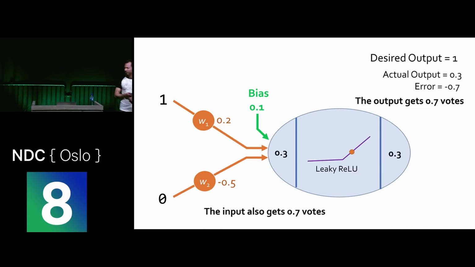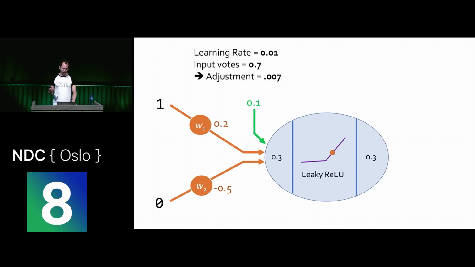If we were to do that, it's called batched learning, where we collate it for all of the samples. But there's a more popular and more efficient way called stochastic learning, where we make a small adjustment after every training sample and move on. And the end result is similar to what we get if we added them all together and made one adjustment. So in this case, the step size is called the learning rate. At a learning rate of 0.01, multiply that by the input votes of 0.7, the adjustment's 0.007.